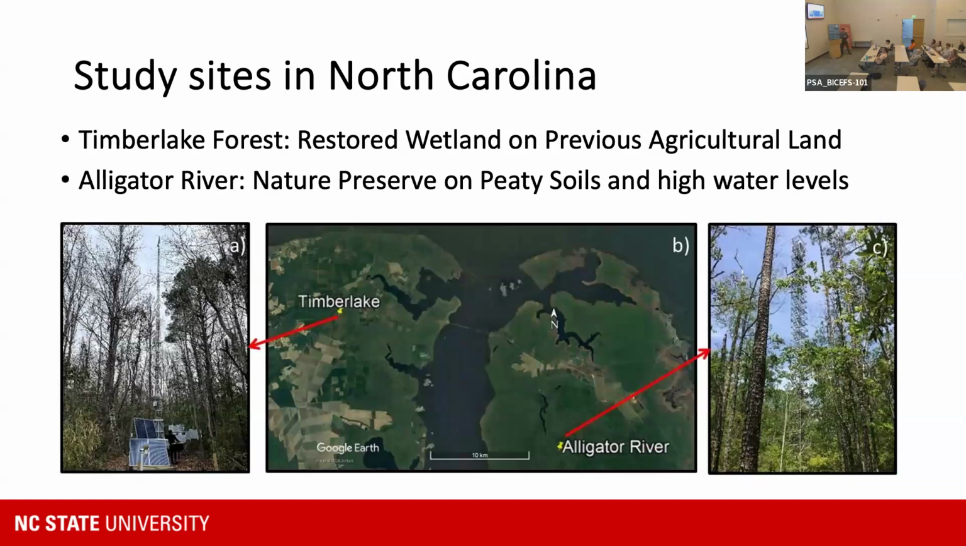So this is what we did in our study sites. We currently have two towers by the Alligator River on the North Carolina coast. One is the Timberlake Forest, here on the left, which is a restored wetland that was previously agricultural land that was ditched, with water levels controlled, and the site was restored back in 2007. So the ecosystem is still